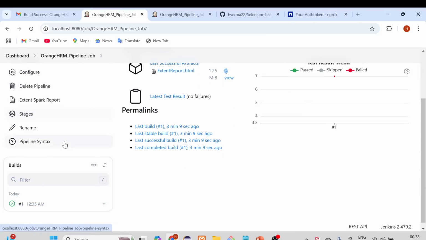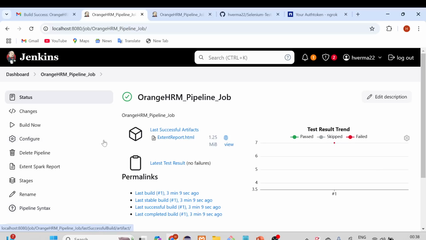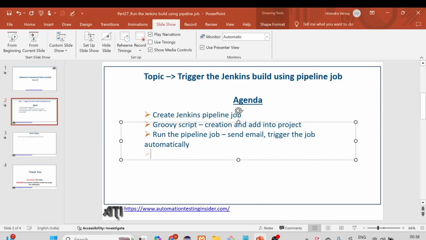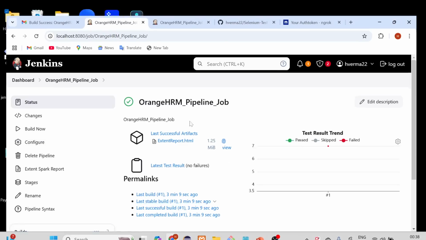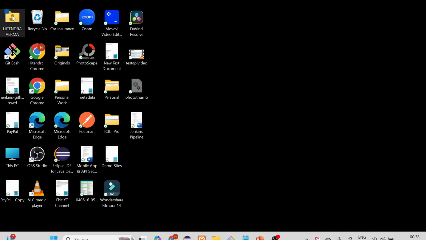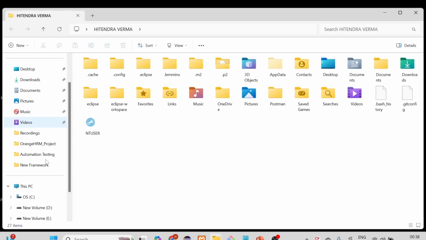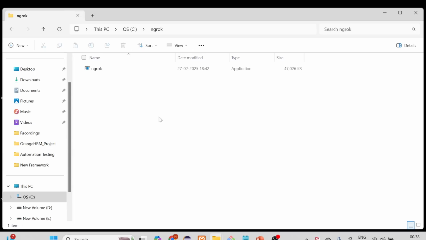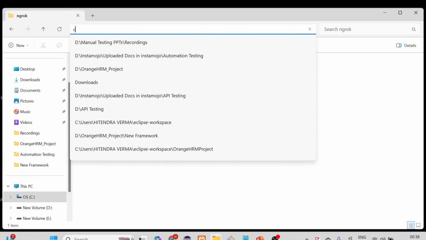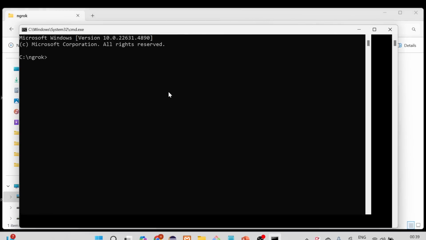Now let's fail it deliberately and we'll see. One thing we wanted to check as well: trigger the job automatically. How to trigger this job automatically? Last time I explained that as well. We need to go to the C drive where we have the tool ngrok, go to that ngrok folder and start